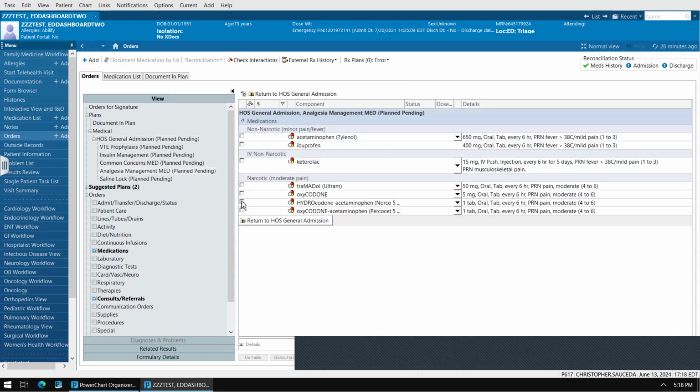So next is pain medications. My go-to for this is just selecting Tylenol. There's very few reasons why you wouldn't use this. So like if they have end-stage liver disease, you generally wouldn't. And then if they have extremely elevated LFTs, something like acute hepatitis, you might want to hold off on